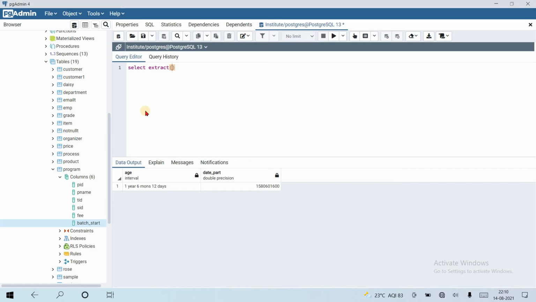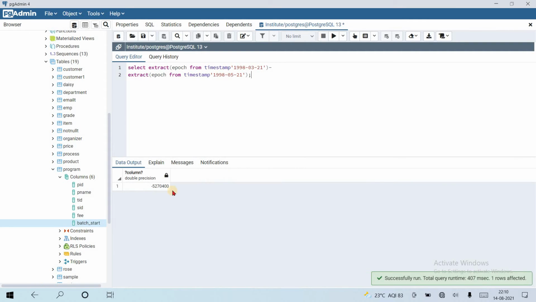Extract epoch from timestamp, and the timestamp is suppose 1998-03-21, minus 1998-05-21. Let's see, does it give us 2 months in seconds or not?